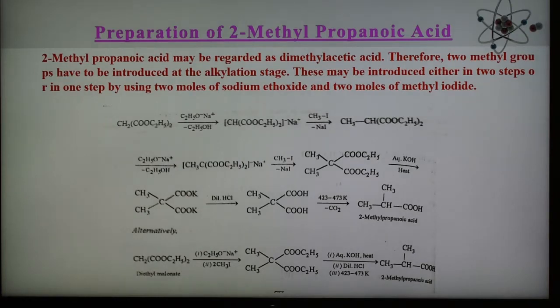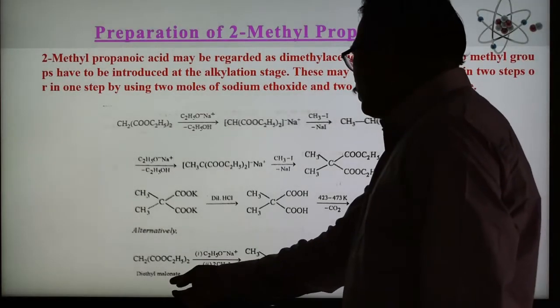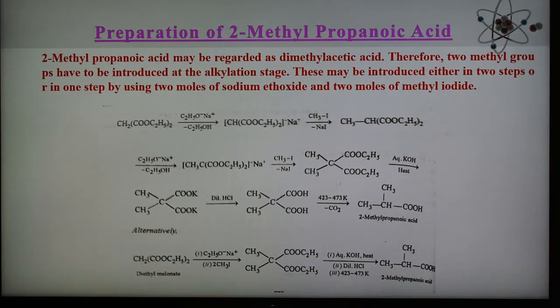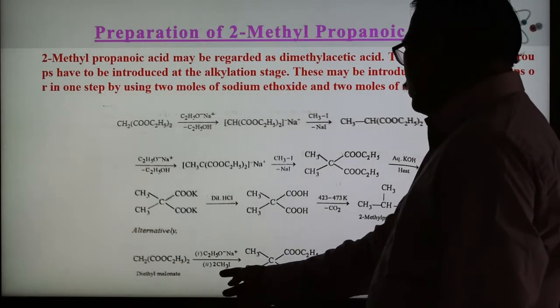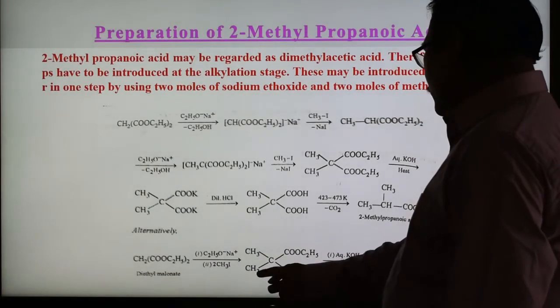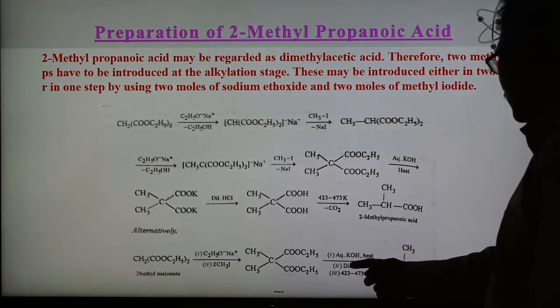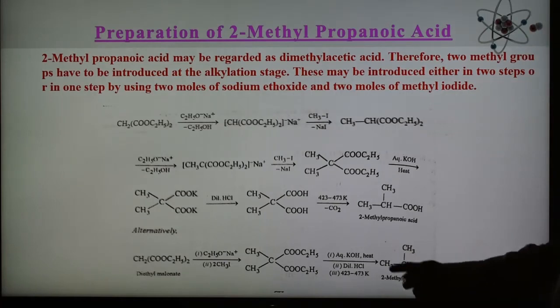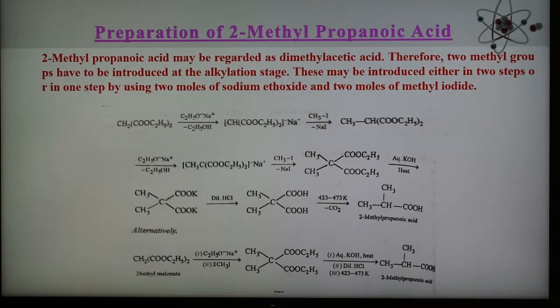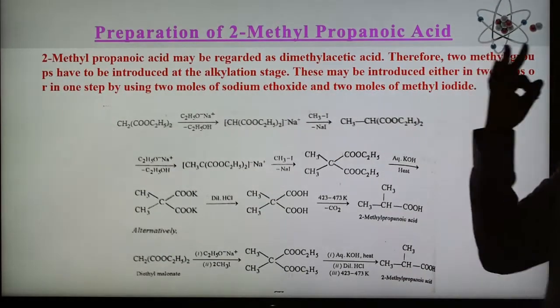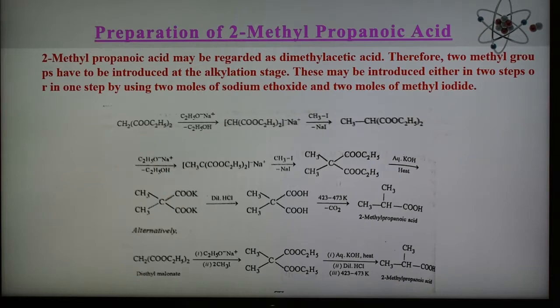So this is the reaction shown, or we can also directly take the diethyl malonate, malonic ester, and 2 molecules of ethoxide and 2 molecules of methyl iodide, and 2 alkylations take place, forming the enolate ion, and 2 alkyl groups are here, and then hydrolysis, acidification, and decarboxylation. So here we get this compound, methylpropanoic acid. So directly also we can take. So these are the different steps. So this reaction takes place in 3 steps. First step is the formation of enolate ion, second is the alkylation, third is the hydrolysis and decarboxylation. So 2-methylpropanoic acid can be synthesized by using malonic ester.